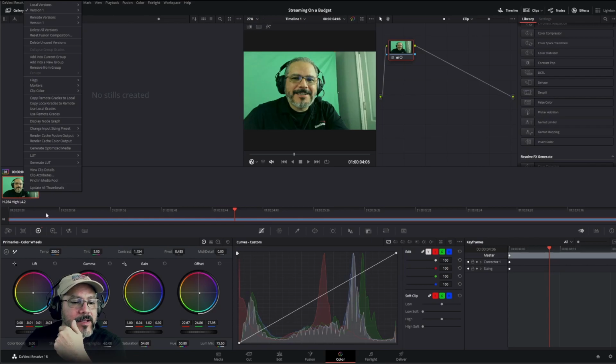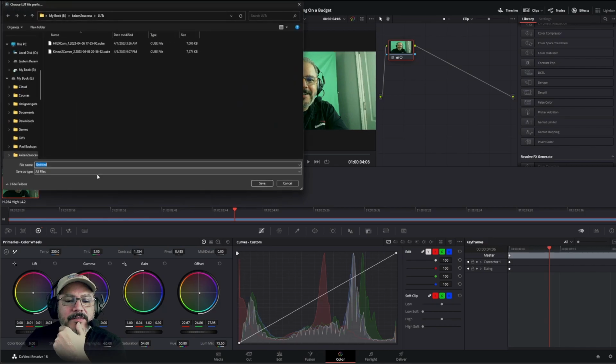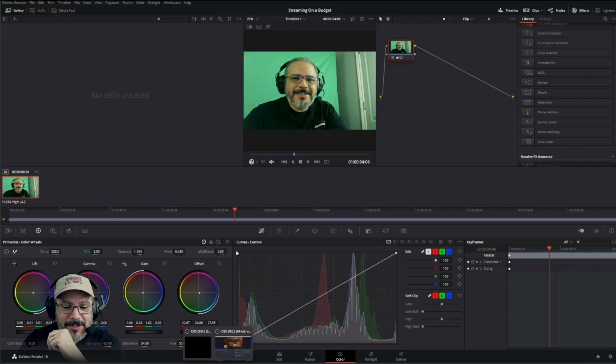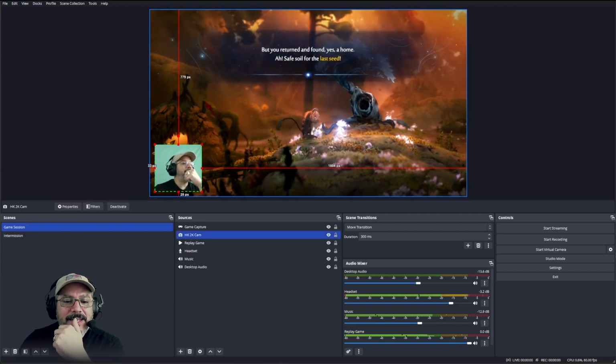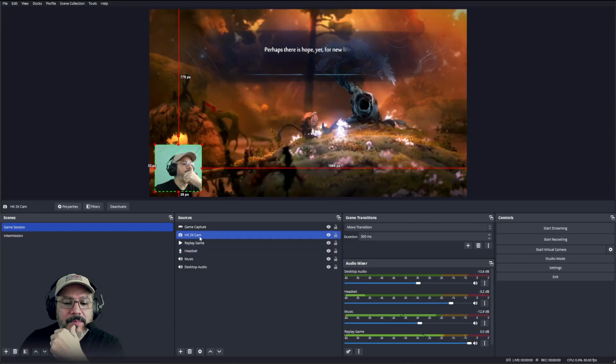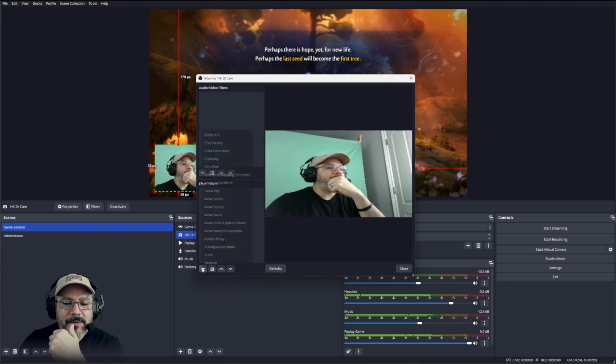So now if I right click on this, I can go, there's an option here called generate LUT, and I'm gonna generate a LUT for 65 points cube, and I'm going to save it as this. But so I'm going to go back to OBS, and you see my camera here, right? So I'm gonna select that camera, and I'm going to filters, and in the filters I'm going to add a